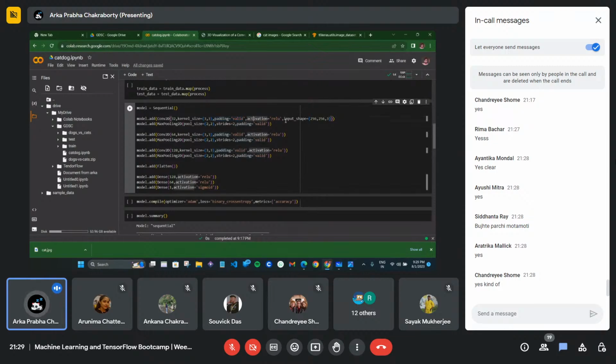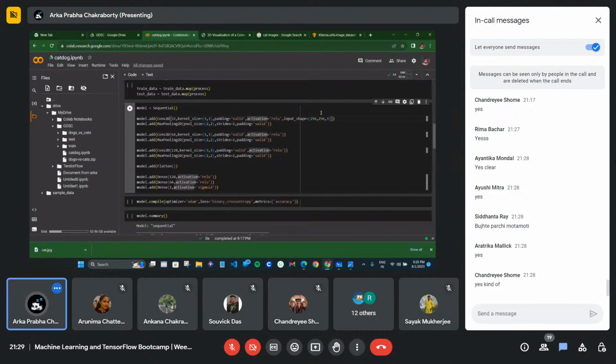So now this is my input shape. I have to tell my model what dimension it should take when the model is trained.